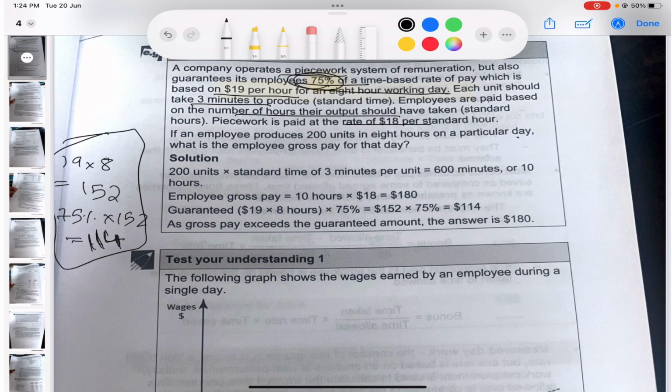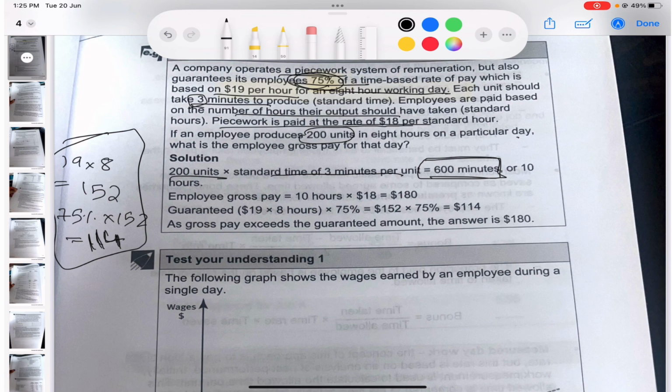Moving on, each unit should take 3 minutes to produce. So 3 minutes are taken by each good to produce. Employees are paid based on the number of hours their output should have taken. Okay, so how much should the output have taken? 200 units multiplied by 3 minutes, right? So 200 units multiplied by 3 minutes is 600 minutes. So the standard time is basically 600 minutes. It should have taken 600 minutes. Keeping that on hold,